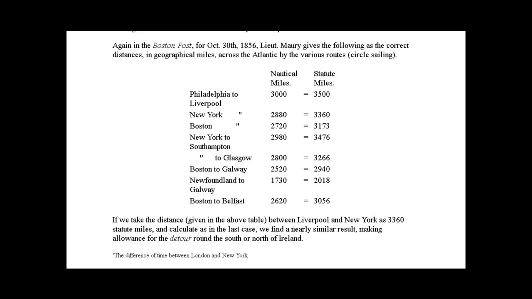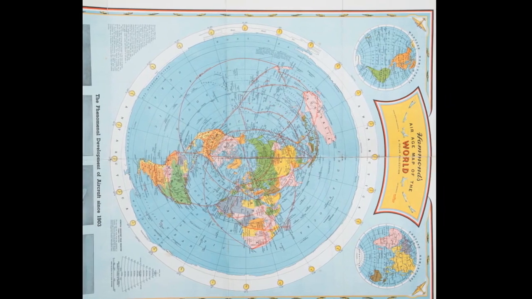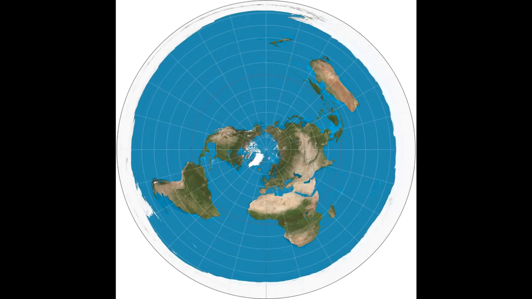New York to Liverpool, 2,880 miles nautical, 3,360 statute miles. Boston to Liverpool, 2,720 nautical miles, 3,173 statute miles. New York to Southampton, 2,980 nautical miles, 3,476 statute miles. Southampton to Glasgow, 2,800 nautical miles,